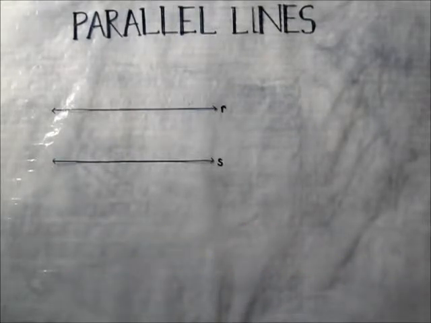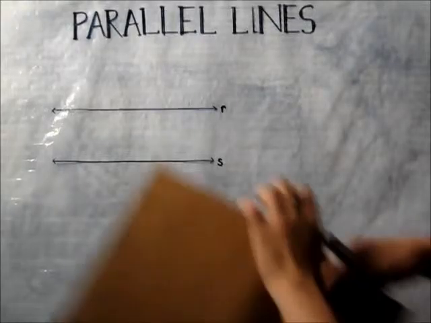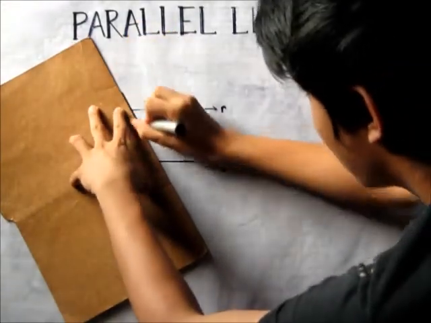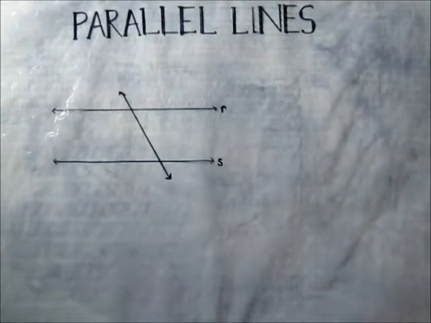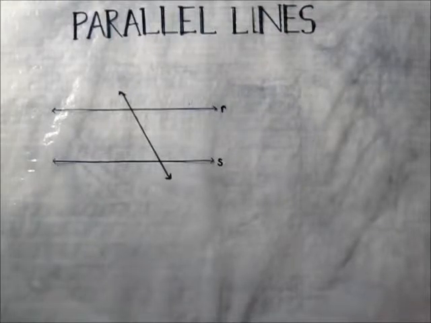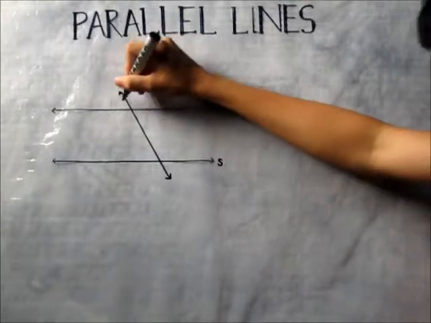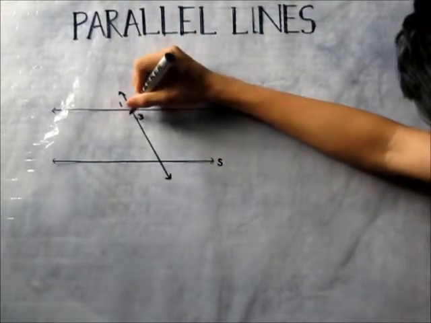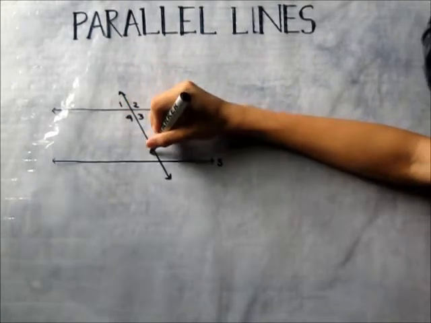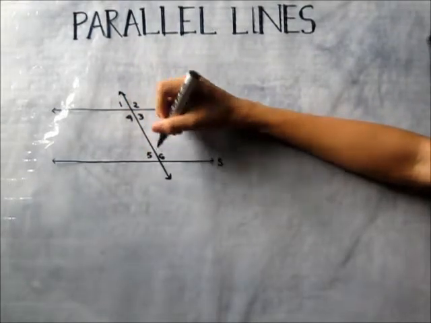Now, let's cut these two lines by another line. This line is called a transversal. After cutting these parallel lines by a transversal, we created 8 angles, namely angles 1, 2, 3, 4, 5, 6,